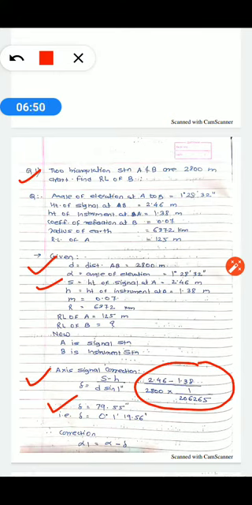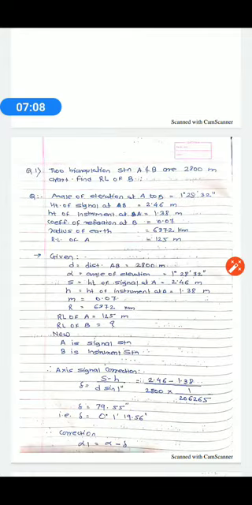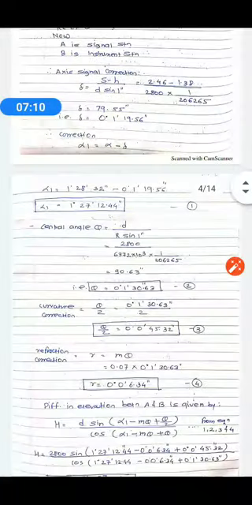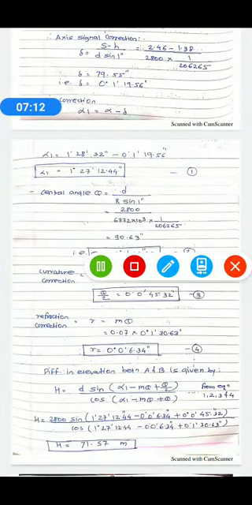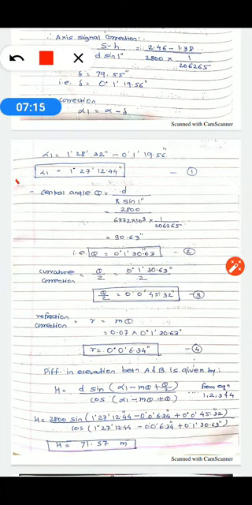So what is the next step? The next step is to find the correction. Finding the correction means finding the corrected value of angle, or the corrected value of alpha. Say it is alpha 1. To determine the value of alpha 1, we have the formula alpha 1 is equal to alpha minus delta. After putting the values, we get alpha 1 as 1 degree 27 minutes 12.44 second.